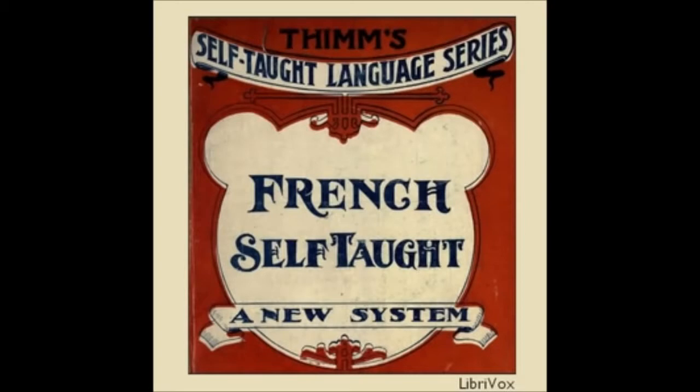14. Trees and flowers. A tree, un arbre, a branch, une branche, a leaf, une feuille, an apple, une pomme, a pear, une poire, a plum, une prune, a cherry, une cerise, a nut, une noix, a currant, une groseille, a gooseberry, une groseille verte, a strawberry, une fraise, a chestnut, un marron, the oak tree, le chêne,